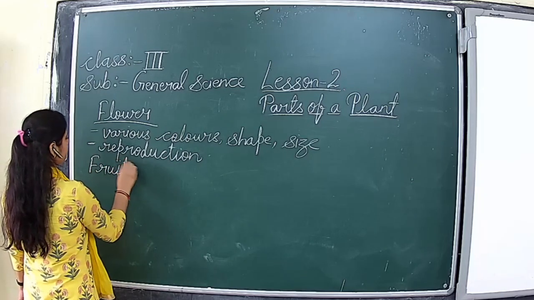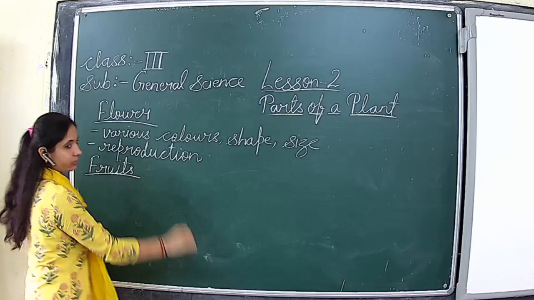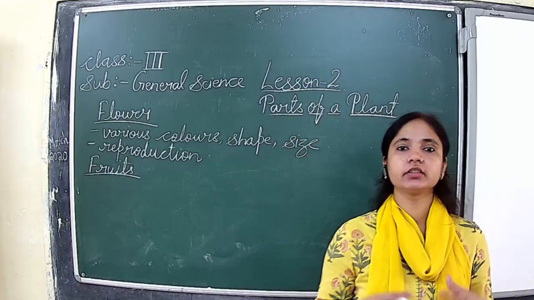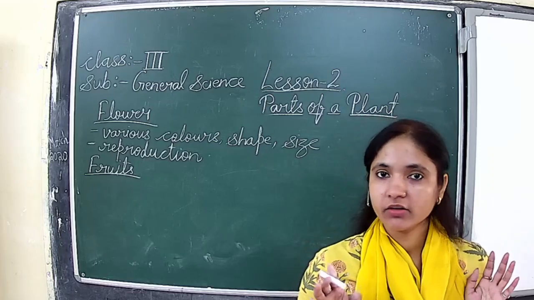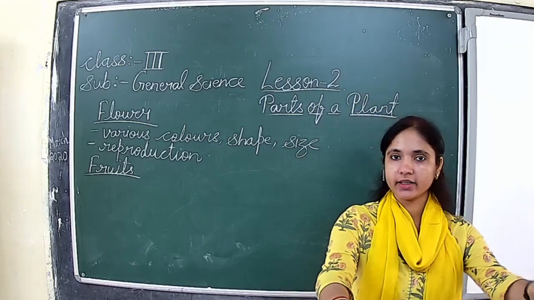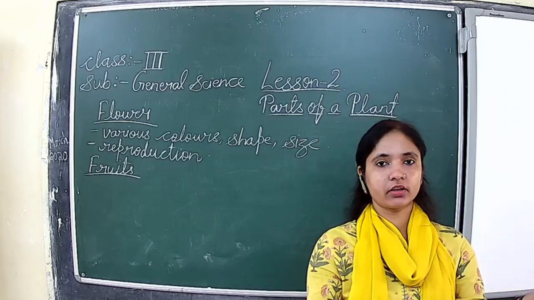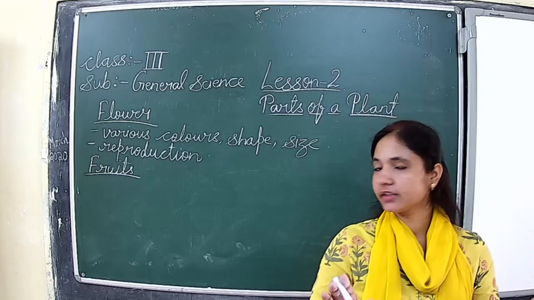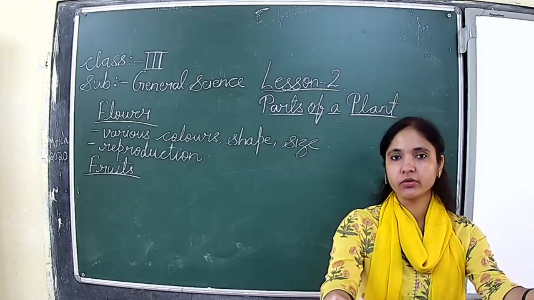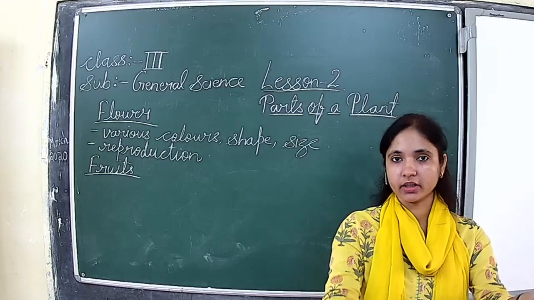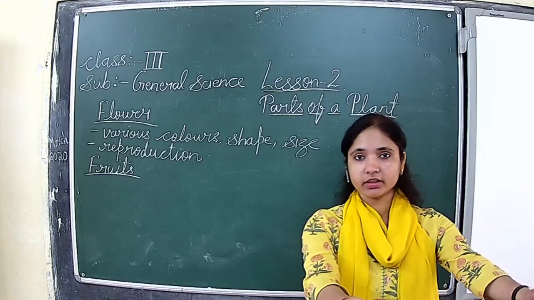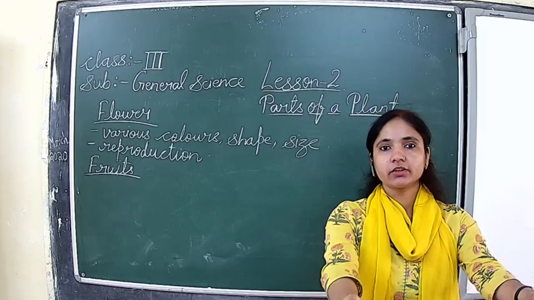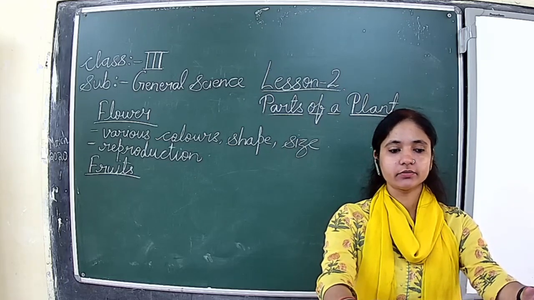You all like fruits, no? Yes. We should eat seasonal fruit. It is very good for our health. It gives us vitamins, minerals, everything which is required for our body, and we can fulfill it by eating different types of fruits. You should eat fruits seasonally mainly. In summer you will have fruits that contain a lot of water, like cucumber and watermelon. Mango, all these things you can have in the summer season.